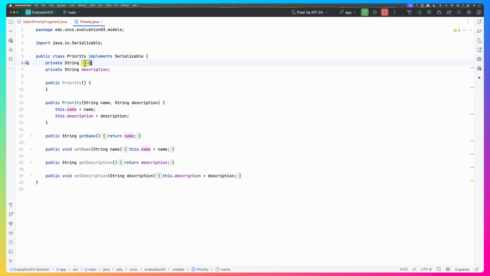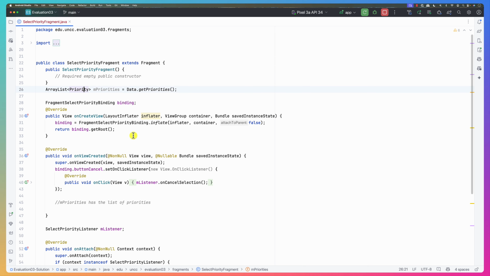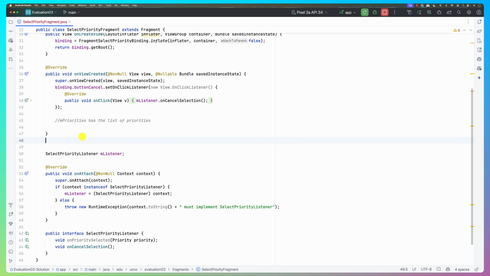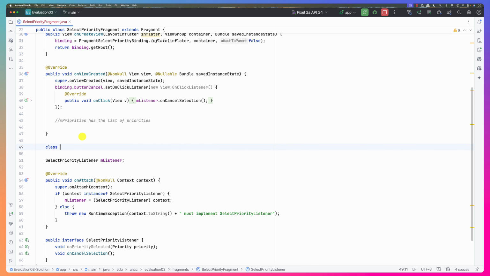The priority has a name and a description. So the first text view will display the name, and the second one will display the description. So now let's create an adapter. This is a little bit more involved. So we'll create a class. We'll call it the priority